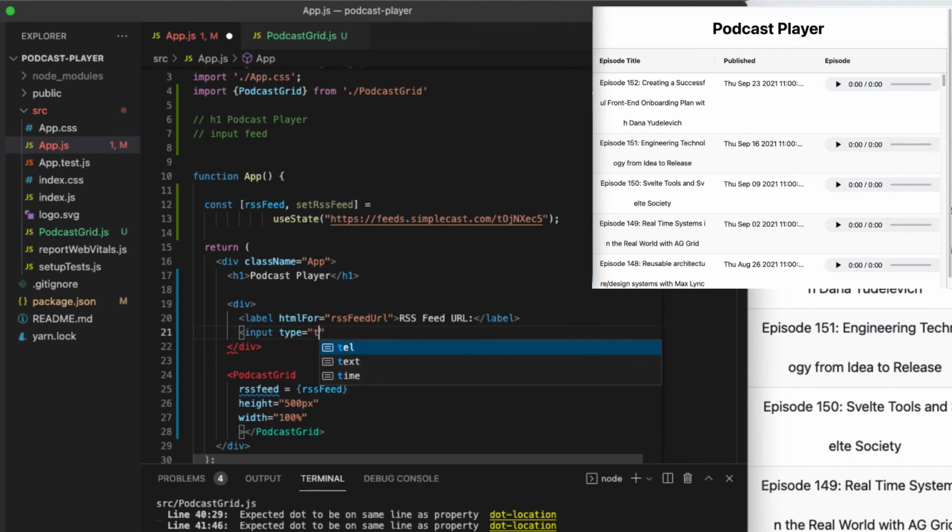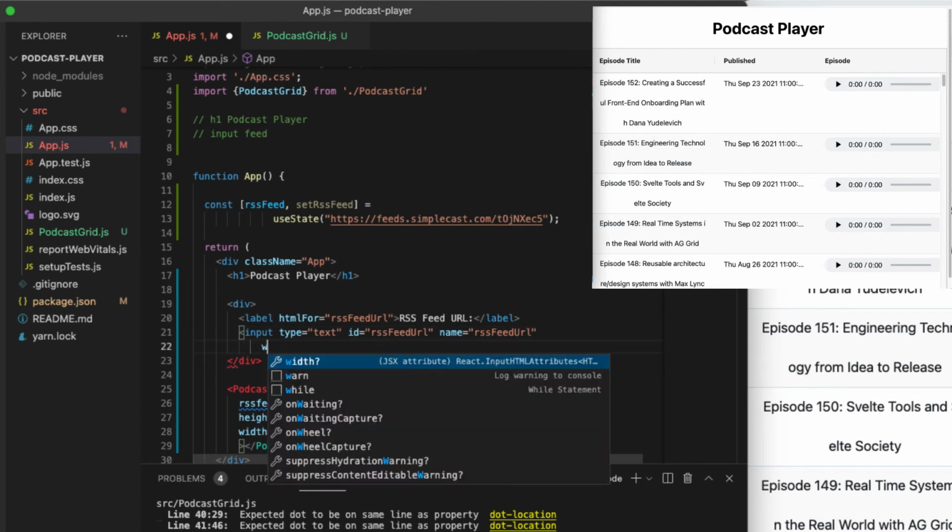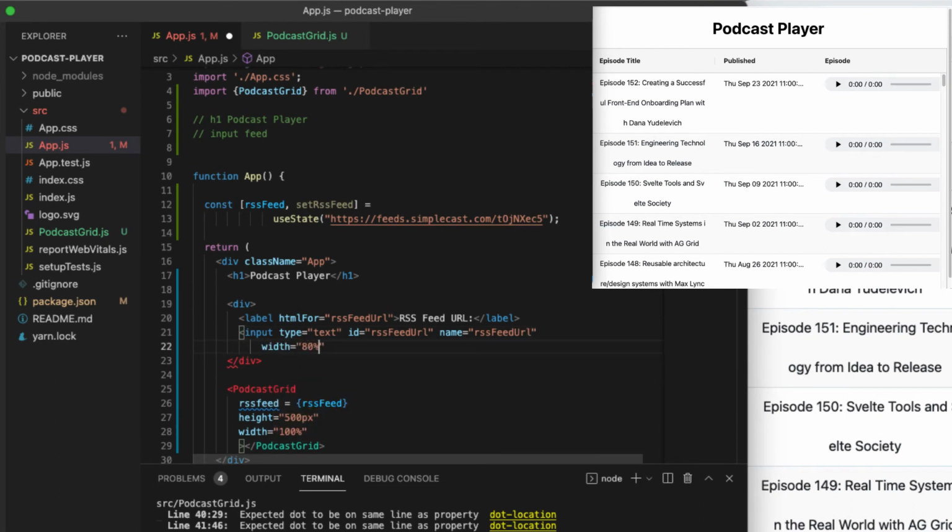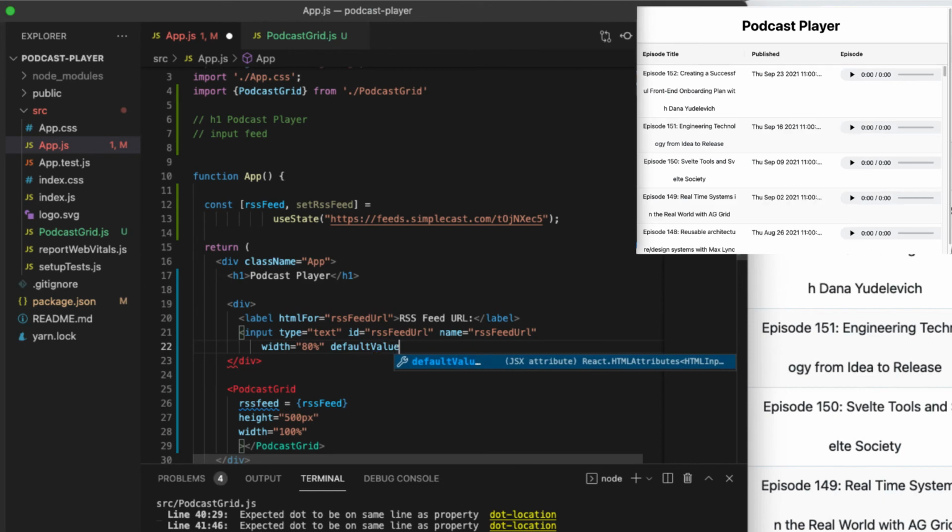So my label will need an input, and that's going to be type text with an ID to match the label, which is RSS feed URL, and I'll give it a name for the RSS feed URL. And let's set some styling up. So width will be 80%, and I'm going to use a default value here,